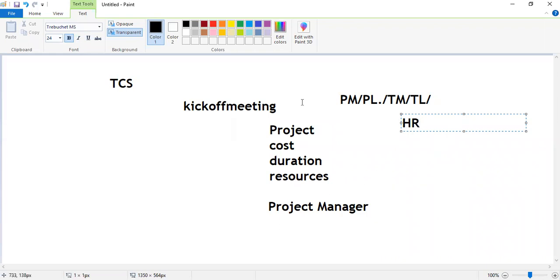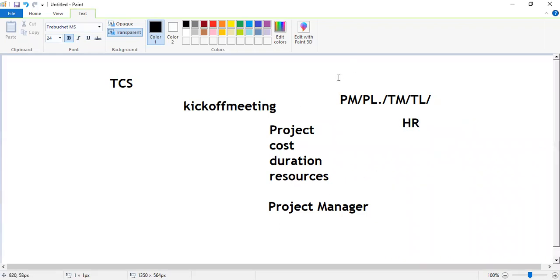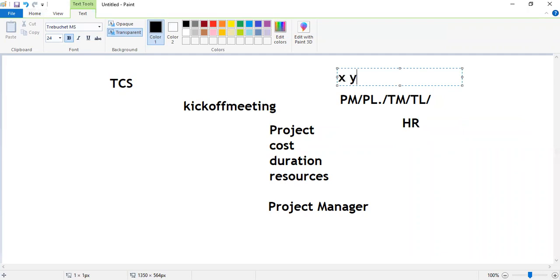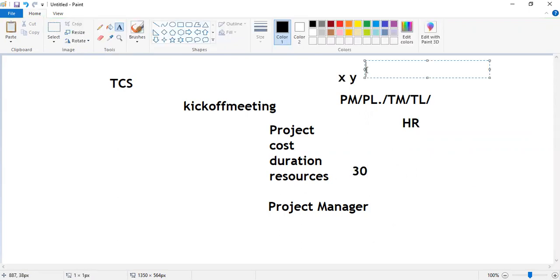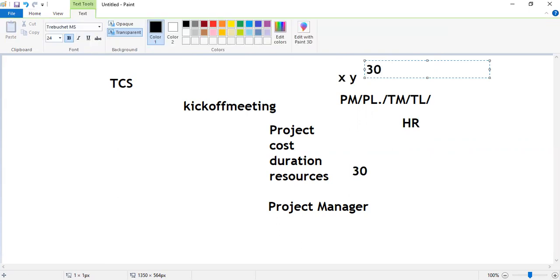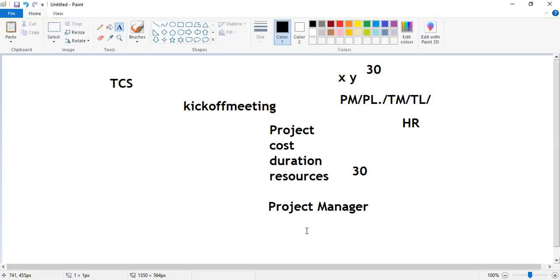See, for example, TCS has multiple branches, like for X and Y location. They require 30 resources to work on the project. They can check where the 30 resources, 30 systems, are available. Suppose in Y location the 30 resources are available, then we can move the project to this location. So like that, they will decide it, they will conduct the meeting, and finally, they can assign this project to